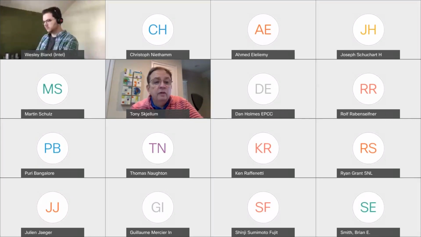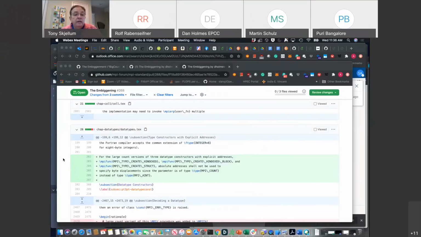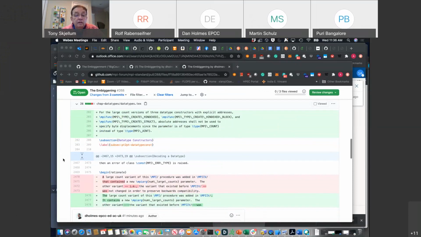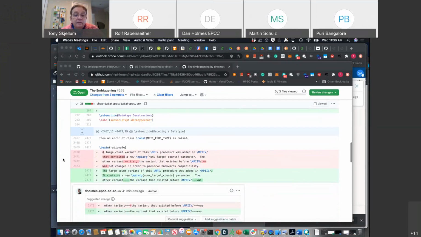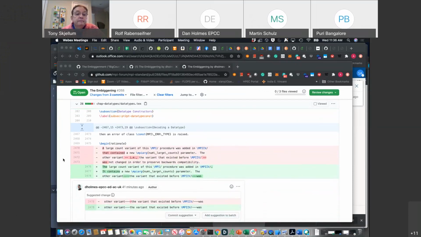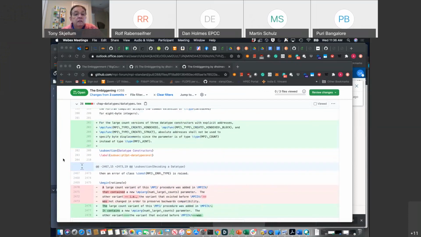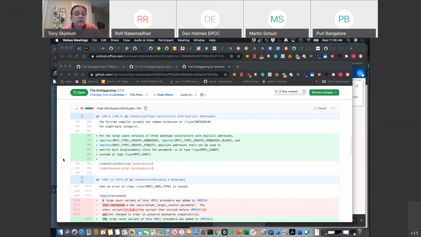For sure, it's here. If you look here where my screen is now, you can see that it is covered in lines 202 through 207 under the data type chapter, and then a little bit more. I fixed some of the typos with the rationale. I fixed the rationale, and Dan fixed my fixing of the rationale. So it's here for you to look at further, before data type constructors. Yeah, it's in here. It's in the PDF that's on the